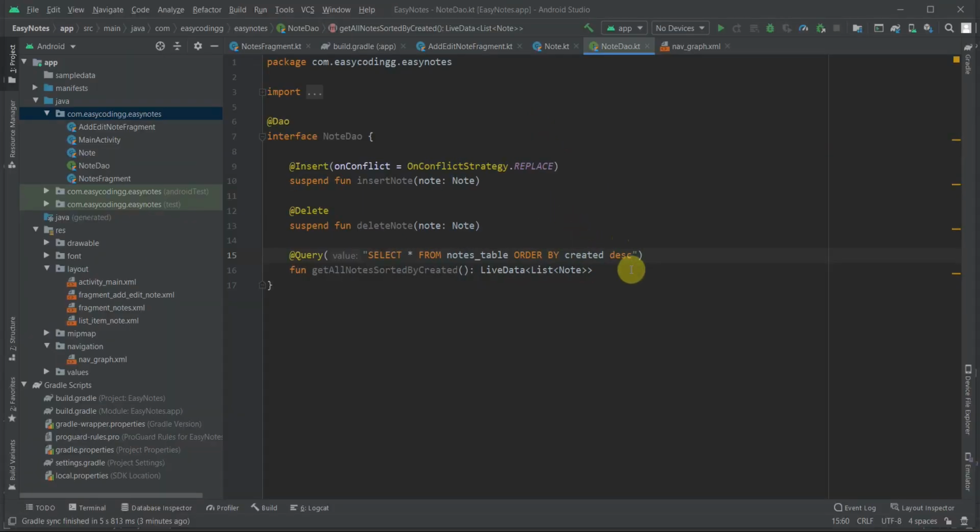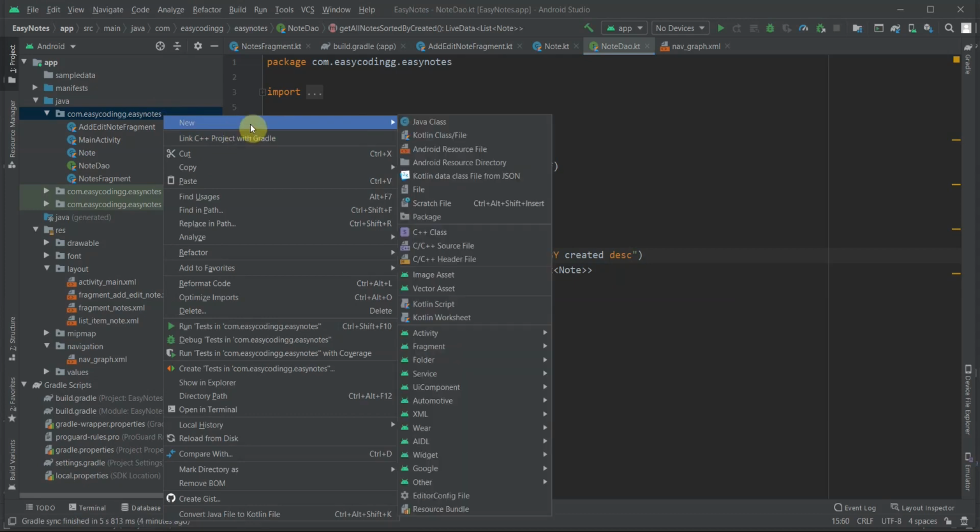And that's it for our note DAO, and we do not need to care about the bodies of these functions. Room will take care of it, and we just need an object of NoteDao wherever we want to use these functions. So the next step would be creating a class for our note database.